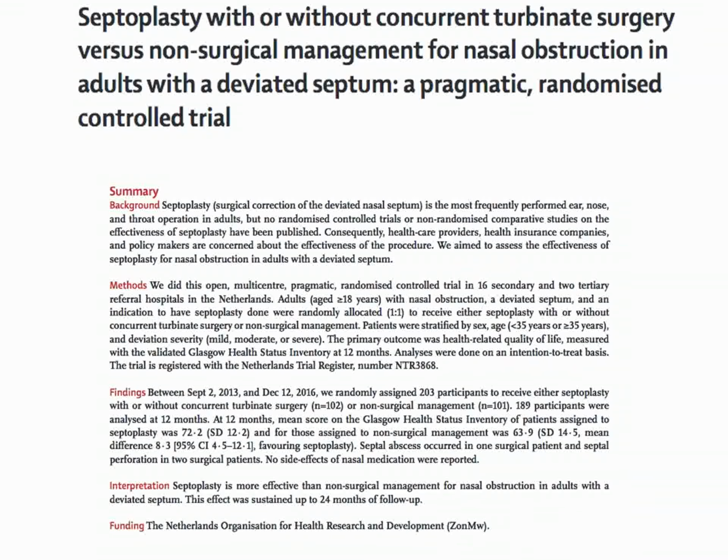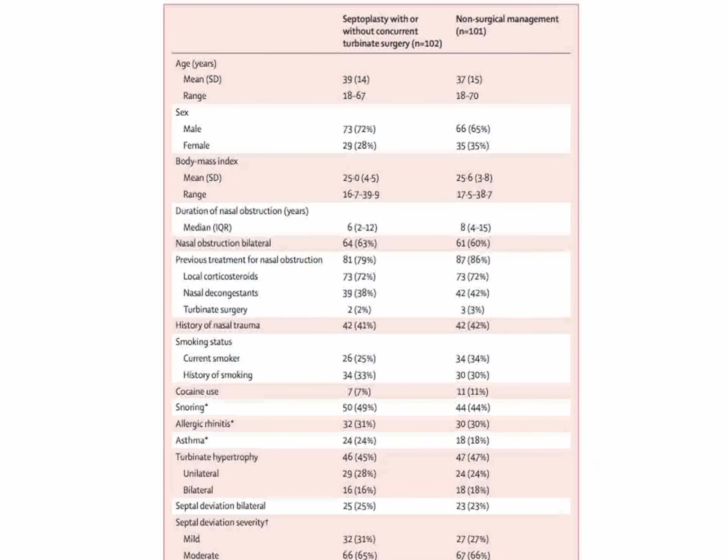This is a controlled trial looking at a nose operation, septoplasty. Deviations in the nasal septum are common. This condition, if it's chronic, is commonly treated operatively, and whether or not the turbinates are operated on here is dependent upon the ear, nose, and throat specialist's strategy in dealing with the problem, but at any rate, the